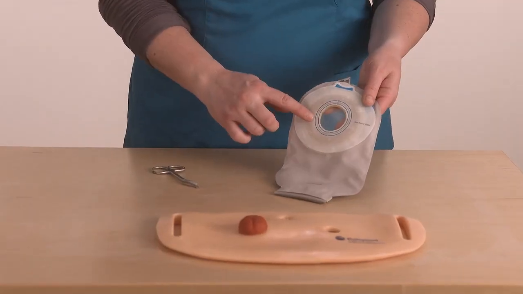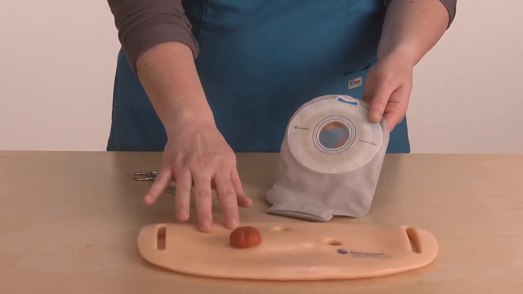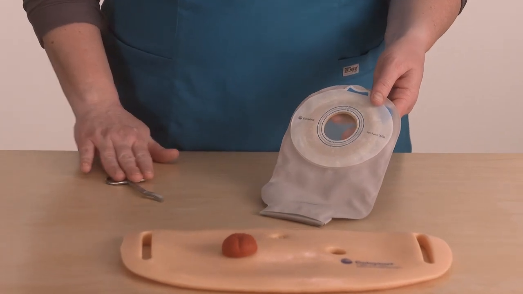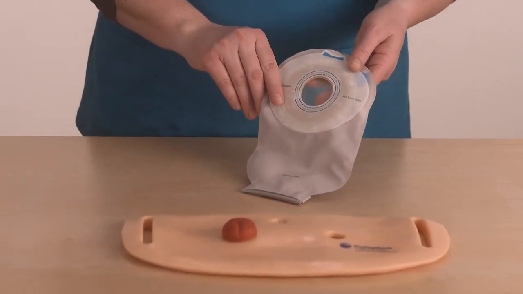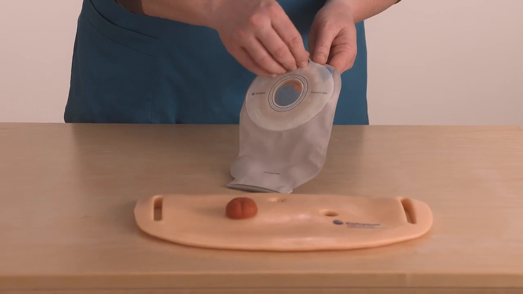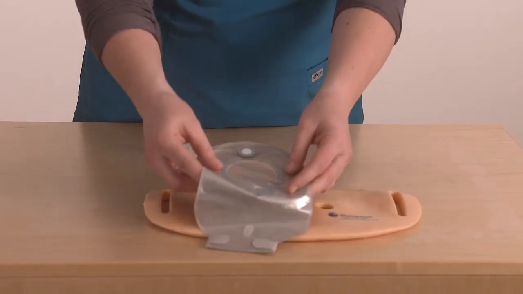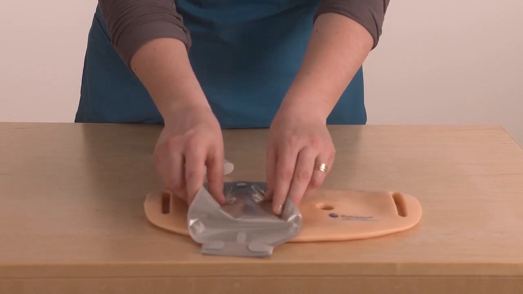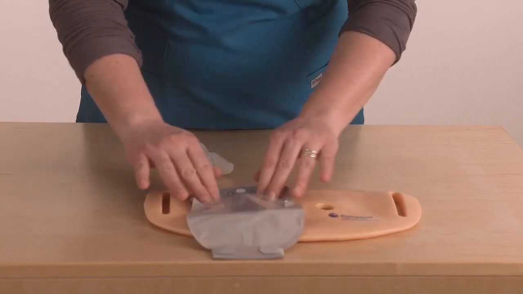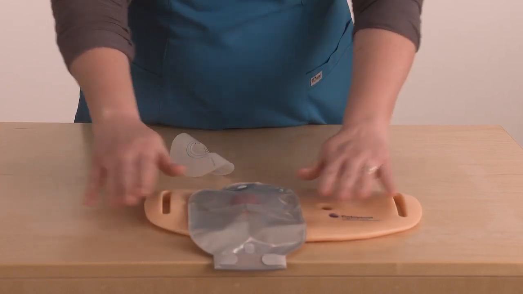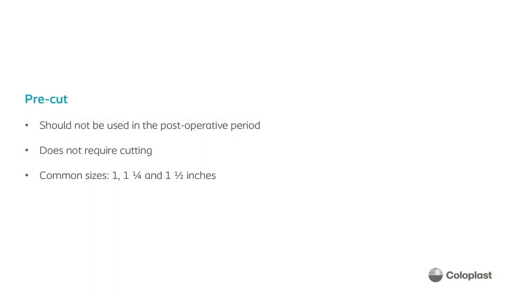With a pre-cut barrier, the opening for the stoma is pre-cut or is sized for the stoma and ready for placement around the stoma without cutting. It should not be used in the postoperative period due to the changing size of the stoma. It can be used once the stoma size has stabilized. There are common pre-cut sizes such as 1, 1 1/4, and 1 1/2 inches, which are best suited for round